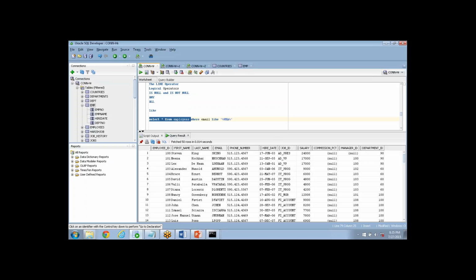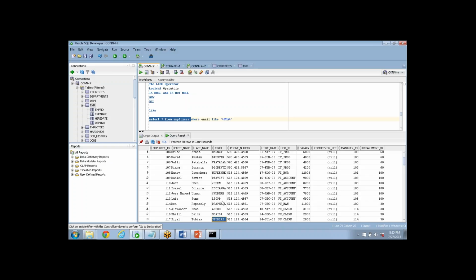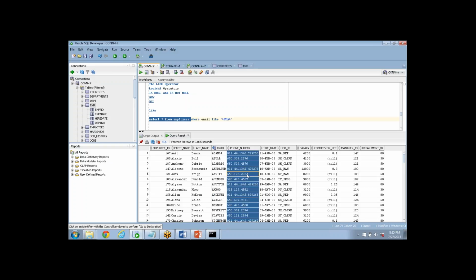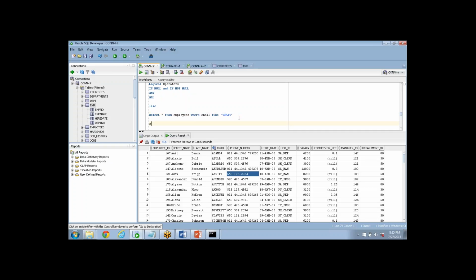Suppose I say the value is PROG. No, that's not a perfect search. Let's suppose the phone number contains 22. So I write select star from